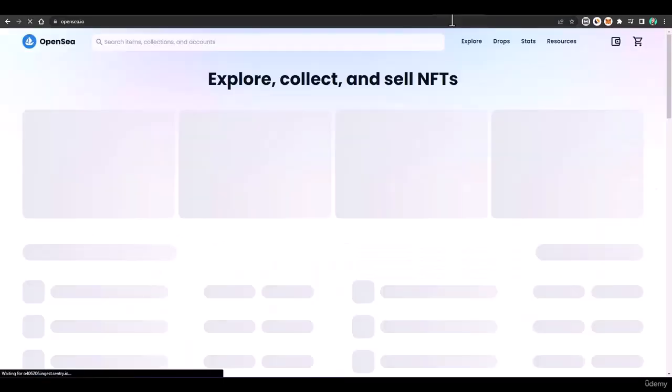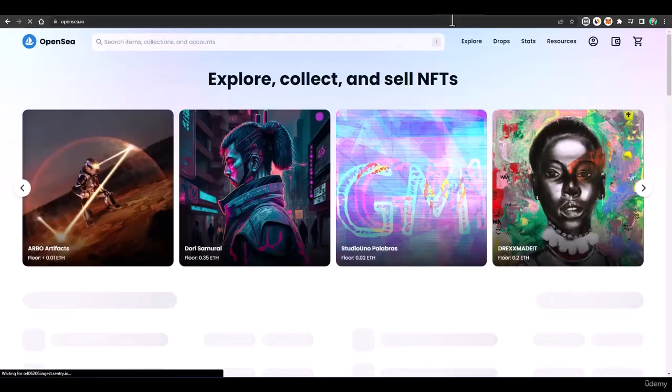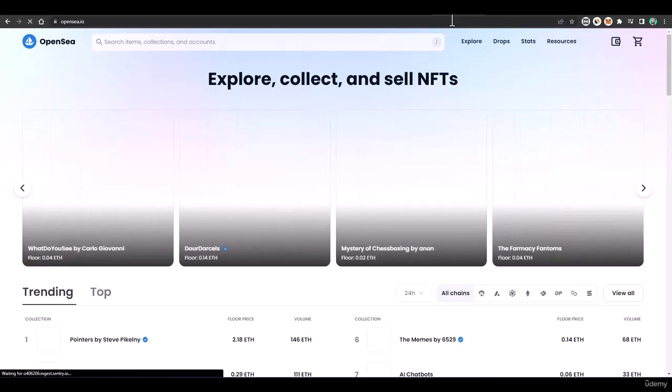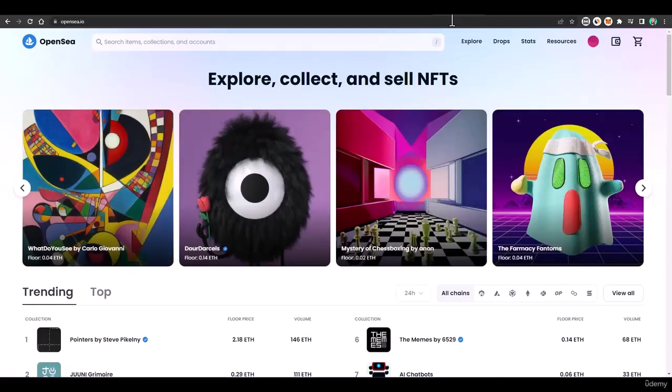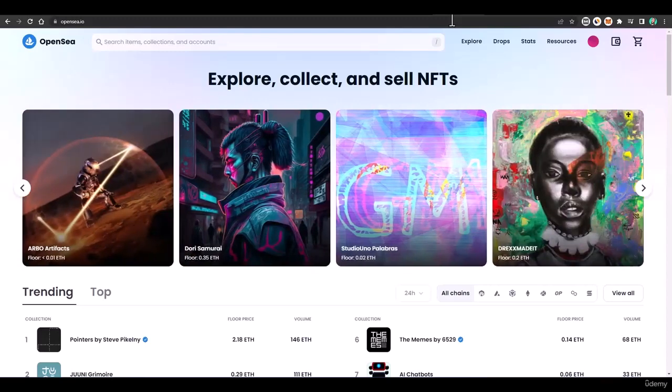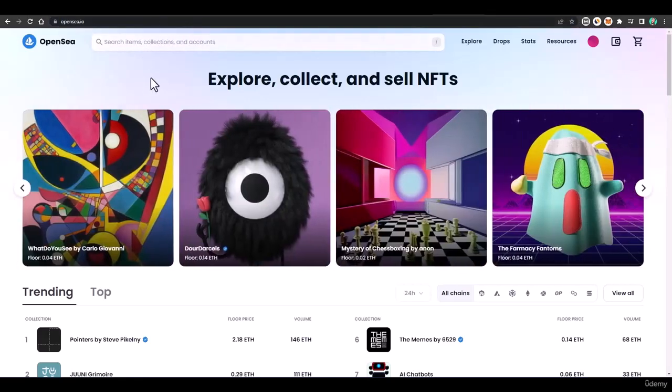In this lecture, we are going to discuss how you can sell your art in the form of NFTs built with AI. Now, this lecture is not for you if you don't know about Web3 and NFTs, because you need some basic information about them to get started. If you know what NFTs and Web3 are, you might know that OpenSea.io is the largest marketplace for selling NFTs, and here we'll be selling our NFTs.